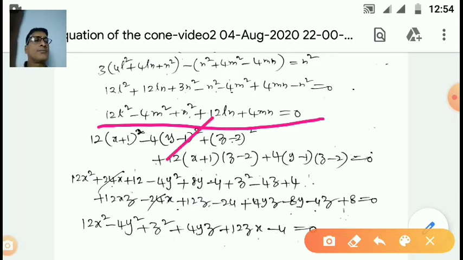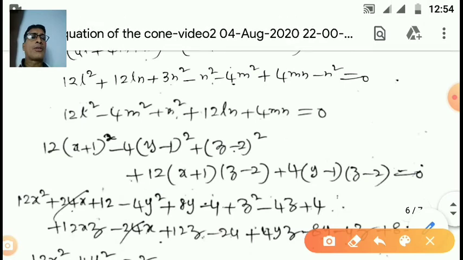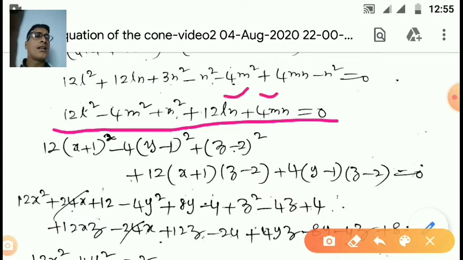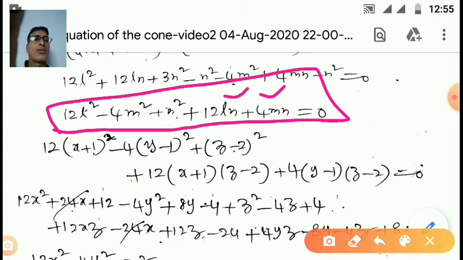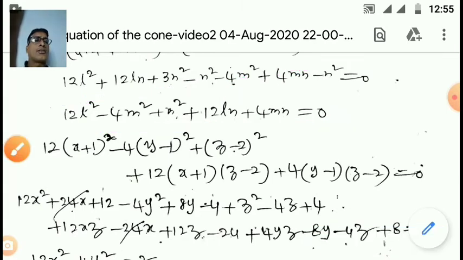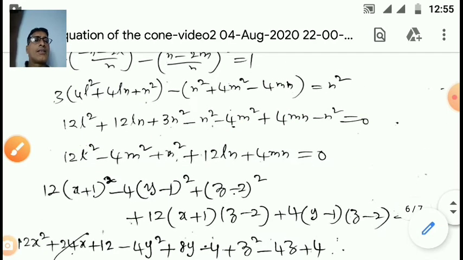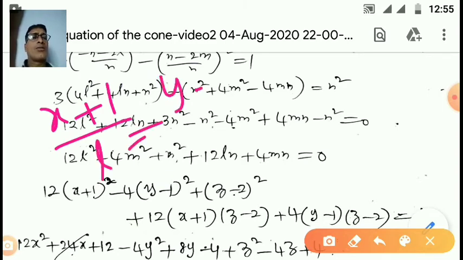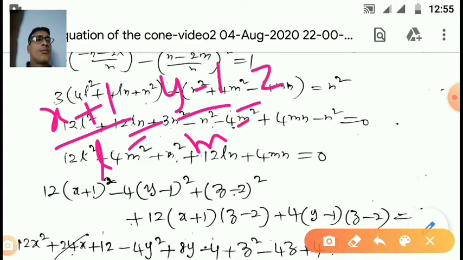In this equation you can observe that each term is of degree 2, because here L square, m square, n square, here ln, here mn. Therefore every term of this equation is of degree 2, and hence what happens? So what is L and what is m and what is n here? So the equation of generator is x plus 1 by L is equal to y minus 1 by m is equal to z minus 2 by